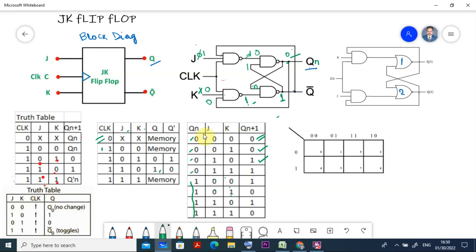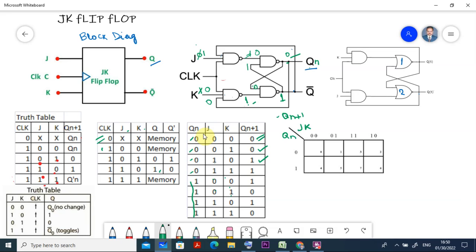If you can do all the things here, then based on that you will have a K-map. In this K-map, what are the things you are going to do? I want to find out Qn+1. So this side it is Qn, and this side it is j and k.